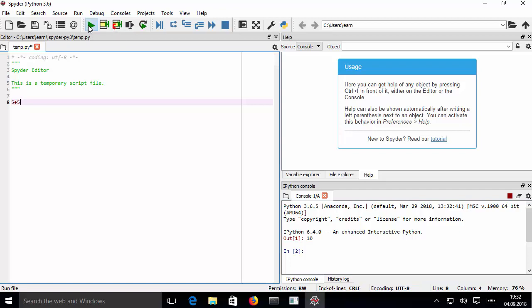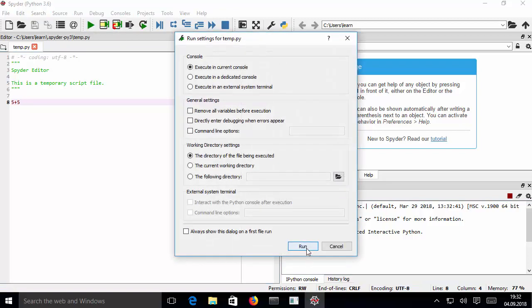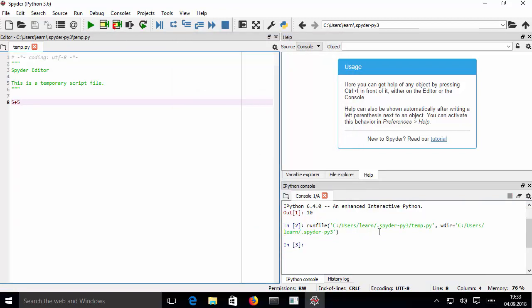Also you can press this green button here and then press on run, which will also execute your file in which you are working. So you can see I'm working in my temp.py file. So when I just print something here, so let me print 5 + 5 here once again, and let me save the code and once again click on this green button. You will see output is printed here when you run this temp.py file.